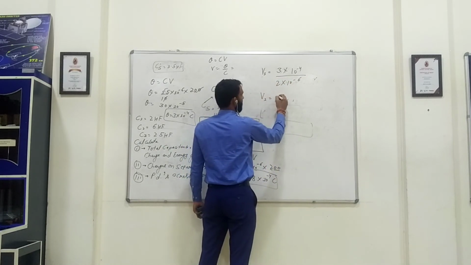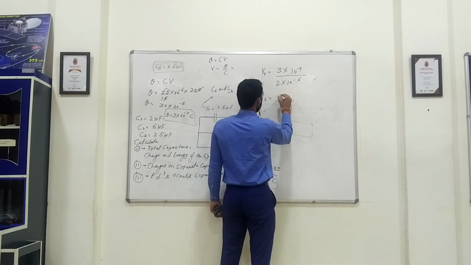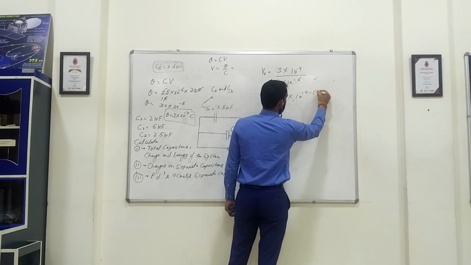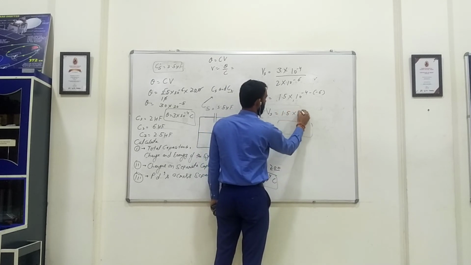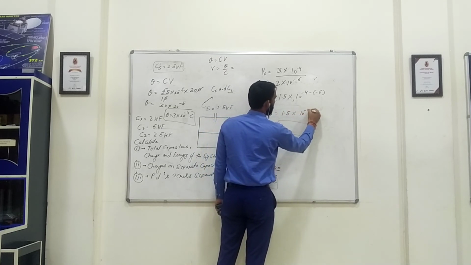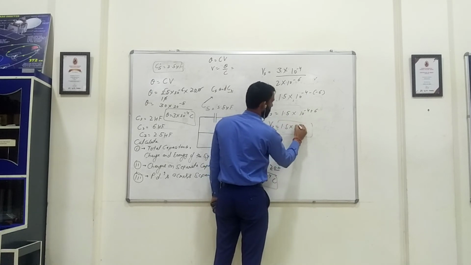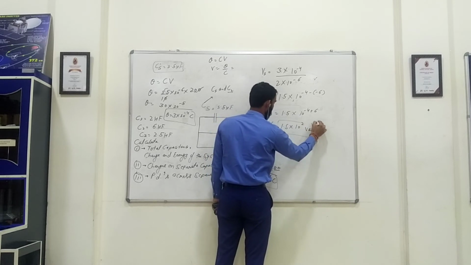V1 is equal to 3 upon 2, it's 1.5 into 10 to the power minus 4 minus minus 6, so V1 is equal to 1.5 into 10 to the power 2. This much volt is passing